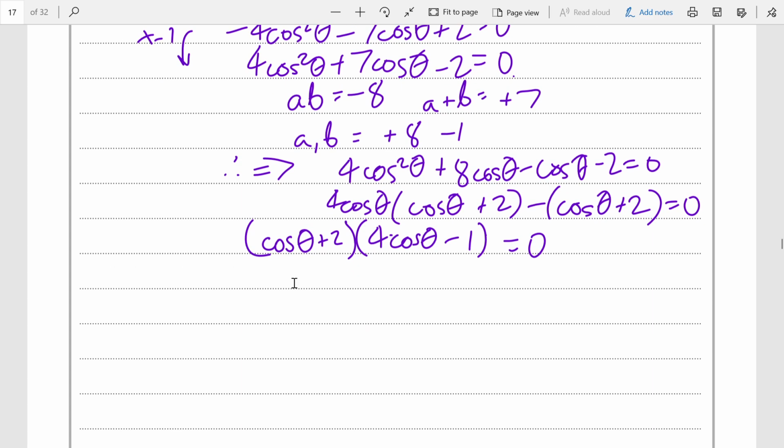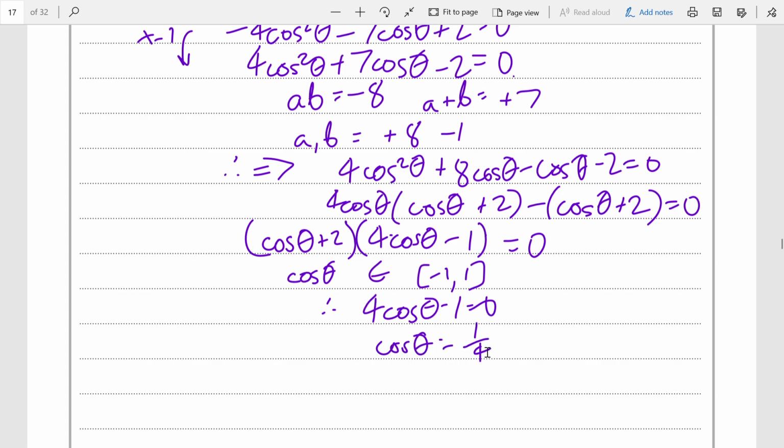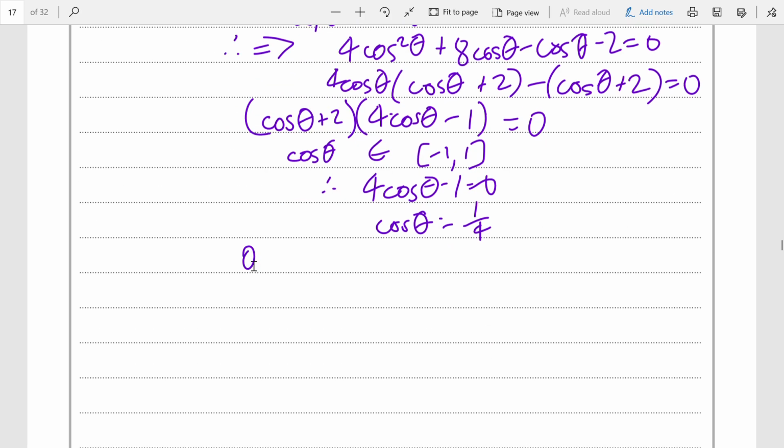Now, because, at least with the real numbers, cosine theta will be part of the interval -1 to 1, therefore, cosine theta plus 2 being equal to 0 cannot be true, because it would suggest that cos theta is -2, which is not possible with real numbers. So we would say that 4 cos theta minus 1 is 0, or cos theta is positive 1 over 4, and theta would be the inverse cosine of positive 1 over 4, which would be, looking at our calculator here again,